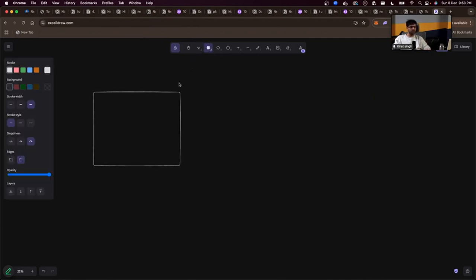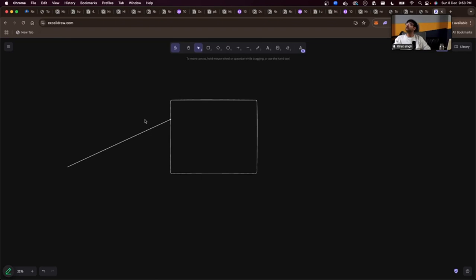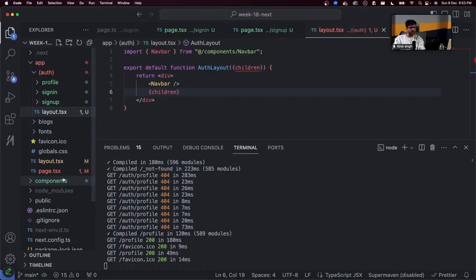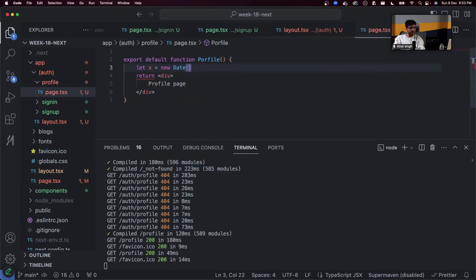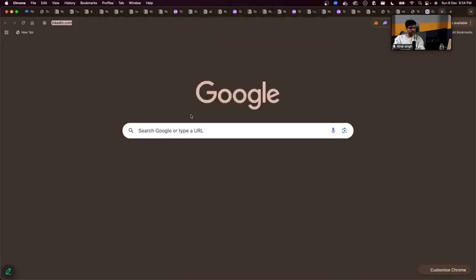But long story short, server components, when you are trying to access server, client, both of them or one of these, whenever you try to access components, like, let's try to recreate a hydration error. Let x equal to new Date, not getTime. If I now go to the profile page,